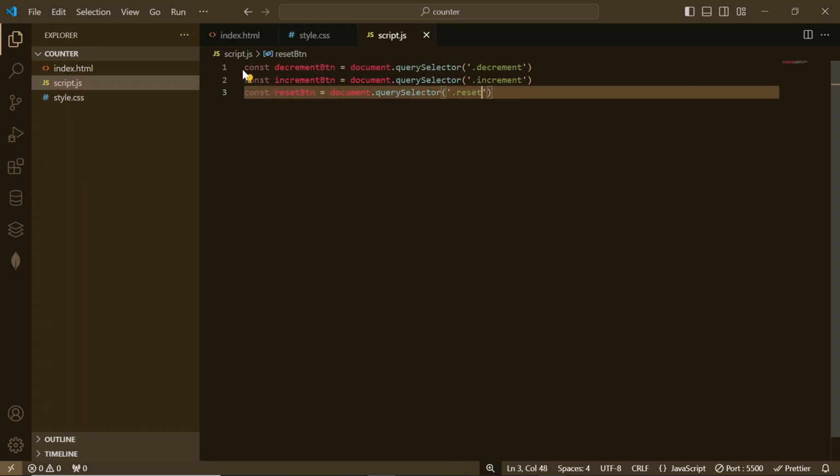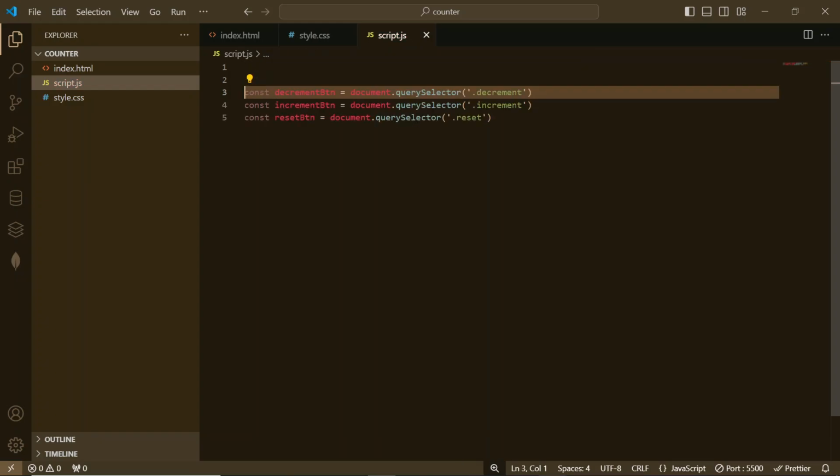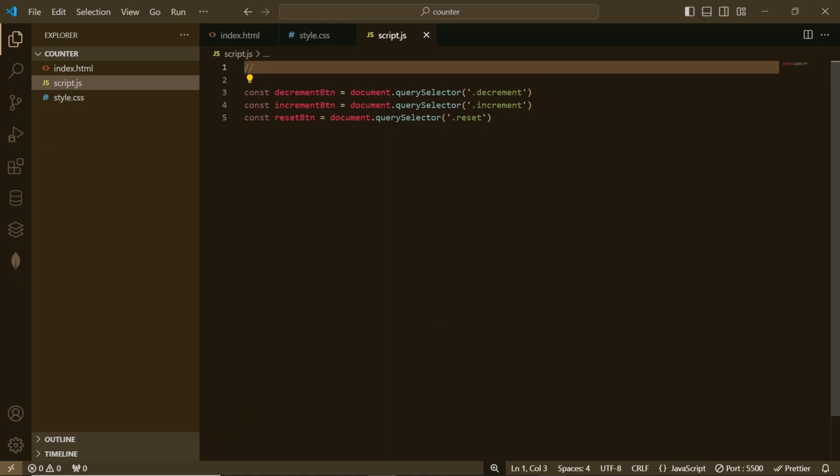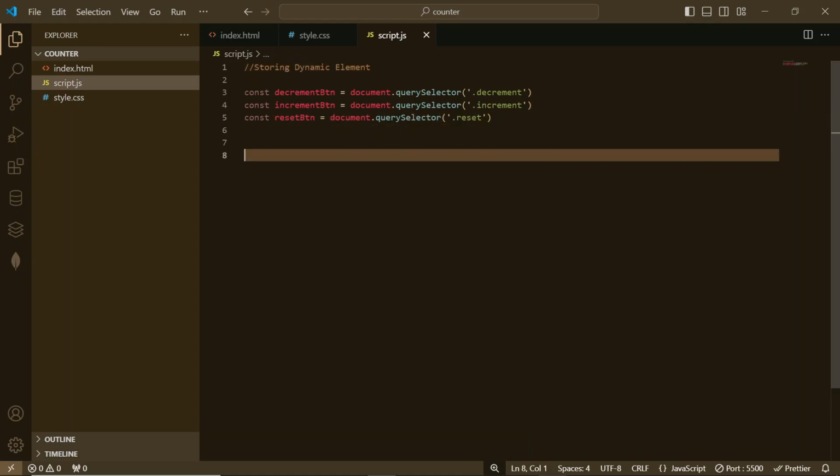Okay, so our first step is completed. Let me write it here in comments. Storing dynamic elements was our first step. So the first step was easy, and the second step is much easier than this, which is setting event